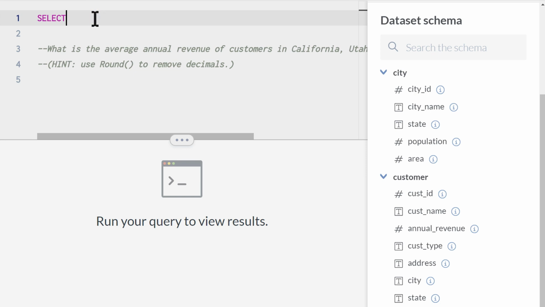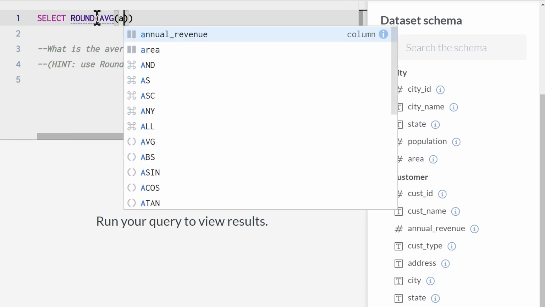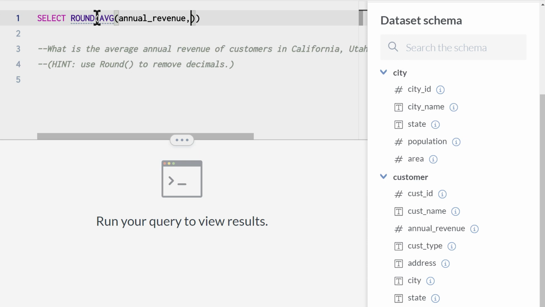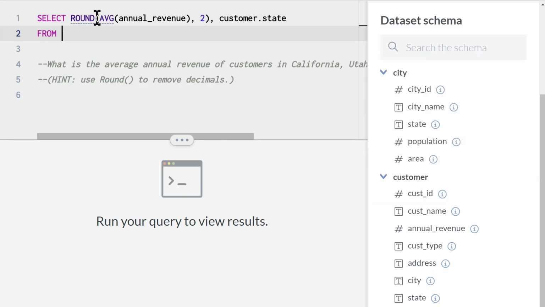And we see the hint here. We want to round it so we get decimals knocked off. Or we can knock it to 2 decimals. I'll show you how to do that. So let's round average annual revenue, comma, and then out here we do comma 2 for 2 decimals. Let's put in the customer state from just the customer table